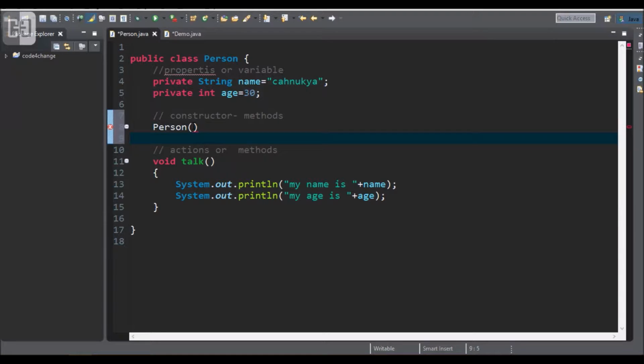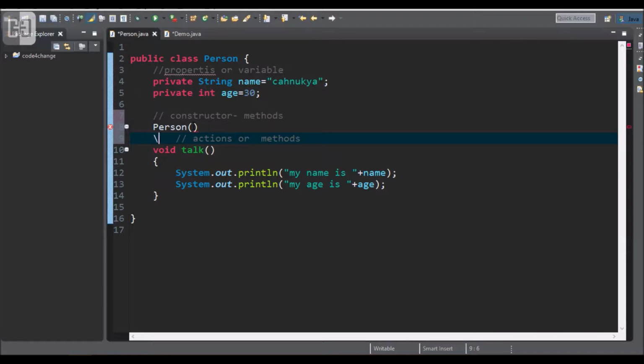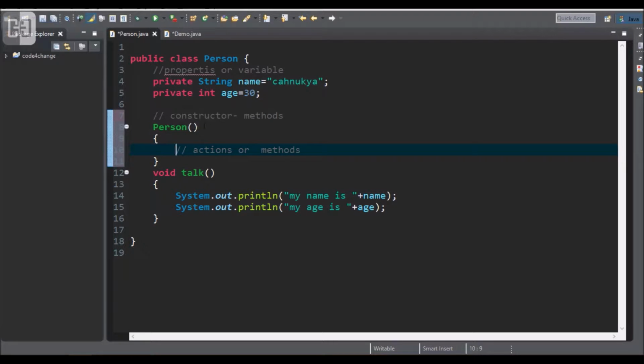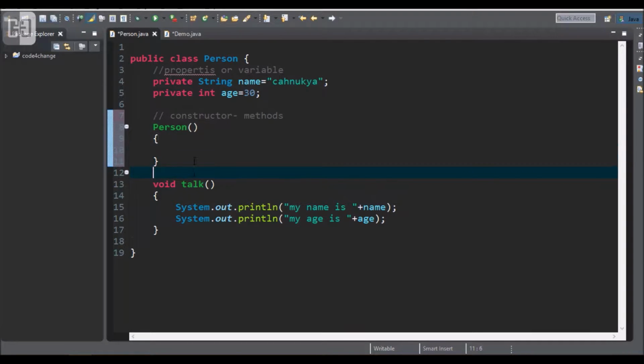For starting a constructor, we use curly braces. Within that constructor, whatever we write is going to be executed. The constructor's main functionality is to initialize the variables.